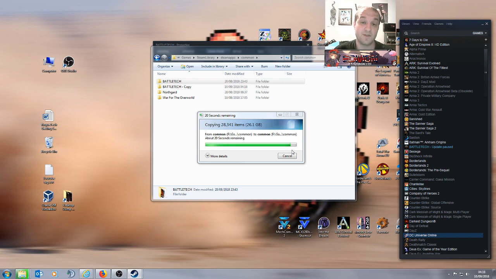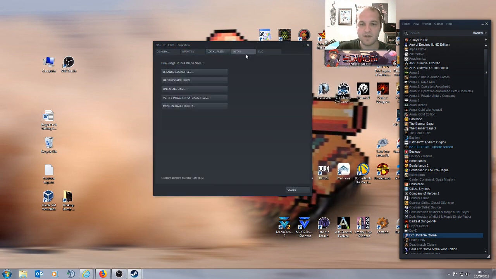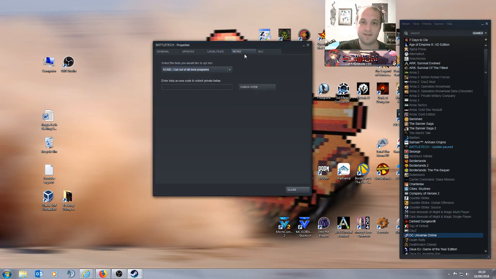GOG users can obviously download whichever version they want and play that, so there usually isn't an issue. Now sometimes, if you've already updated your game and you want to revert it, unless the developer has put something there for you in the betas page, then you can't undo it. You need to do this, so you've got to get your game how you want it and then preserve it. You can't go back in time if you haven't already preserved your game and made a backup